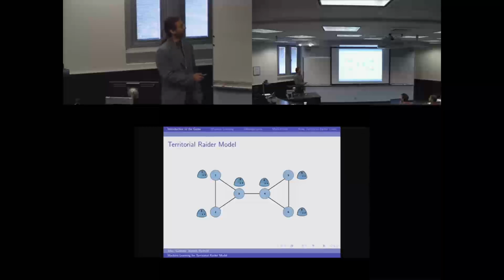You can think, and we will see these cases, that blob number 1 is not really one individual. It's an ant colony that can split into many small ants, and some of them can stay here, some of them can go here, some of them can go there. And the question will be how they should split. But for now, for the basic simple game, there is just one individual, blob number 1, and it has to decide whether to stay at 1, 2, or 3, and where.